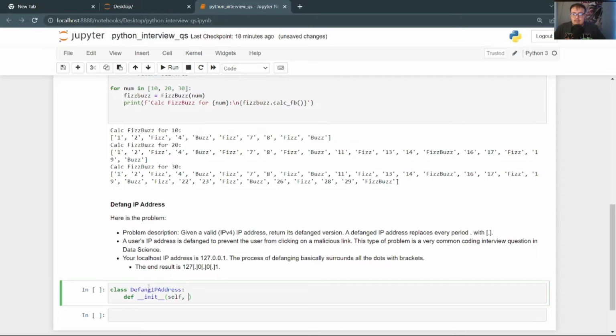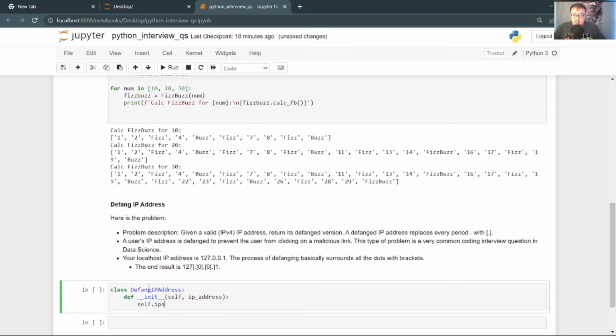So we're going to do self, and then we're going to call this ip_address, and then we're going to do self.ipa equal to ip_address, so that way we don't have to call ip_address all the time and use that long name. And then we're going to do two other things: self.length of the IP address, and you will see why in a sec. I will explain it.